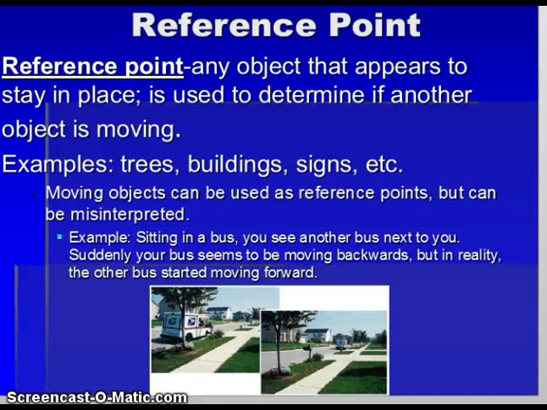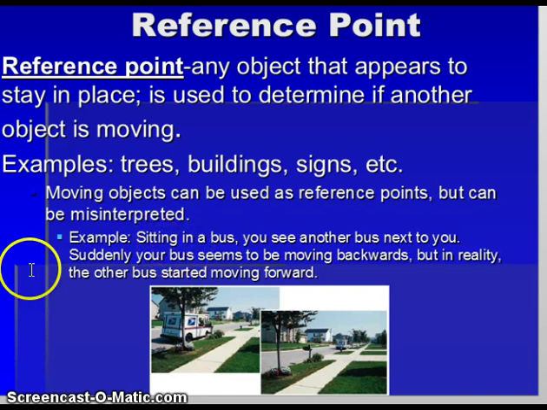A reference point can be used to tell if an object is in motion. A reference point is any object that appears to stay in place. Okay, it's used to determine if another object is moving. Examples of good reference points would be trees, buildings, and signs. Moving objects are not good reference points because you can misinterpret whether something is moving if the reference point is moving. An example of this